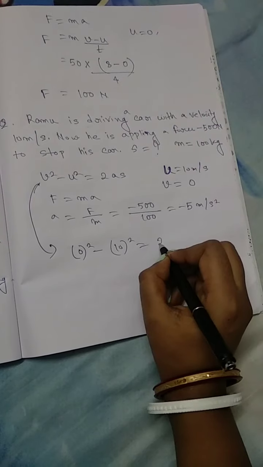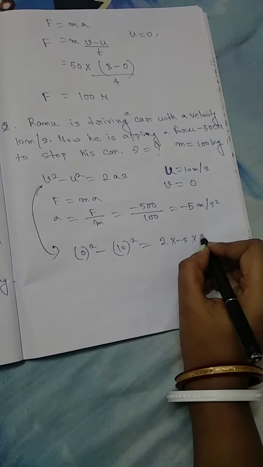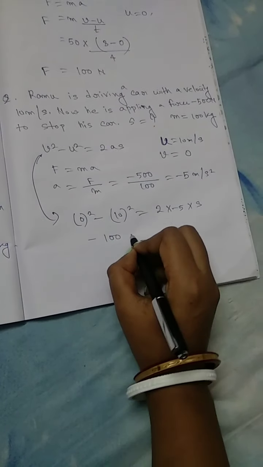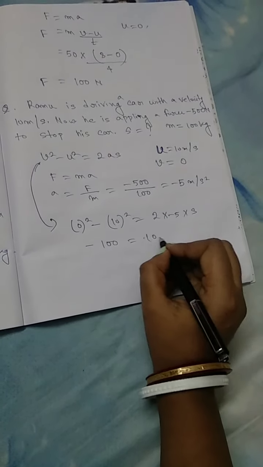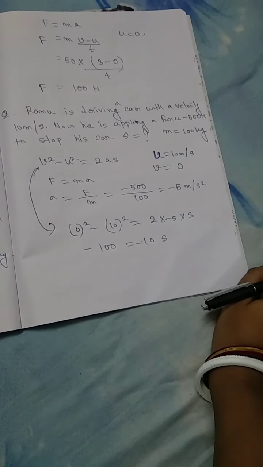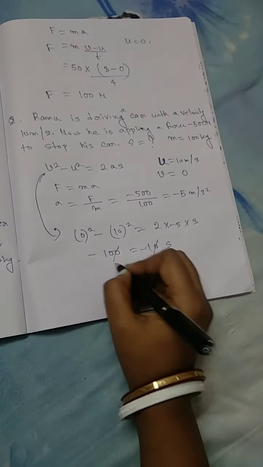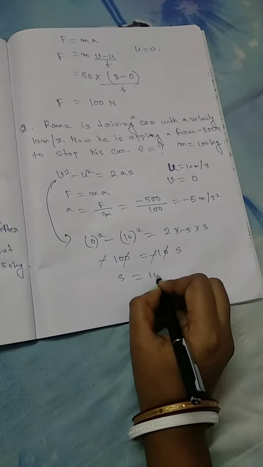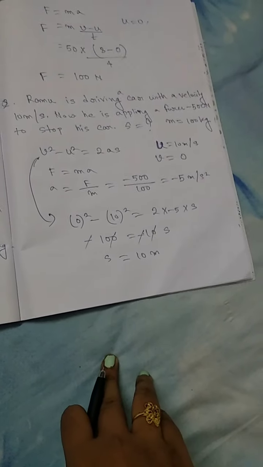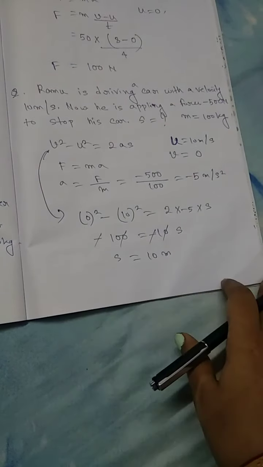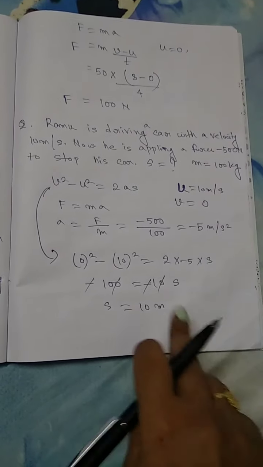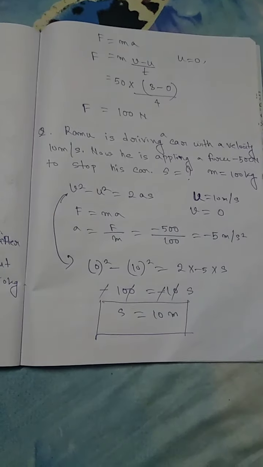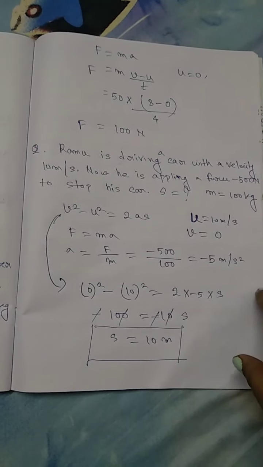So this 2 into minus 5 into s. So it will be 10 square means 100, and 5 into 2 is 10 s. Is it? So 0 0 cancel out हो गया. Minus minus is also cancel out. So S is equal to 10 meter. That means after traveling 10 meter the car will stop. इतना डिस्टेंस जाने के बाद वो कार रुकेगा. I hope this is also clear for you.